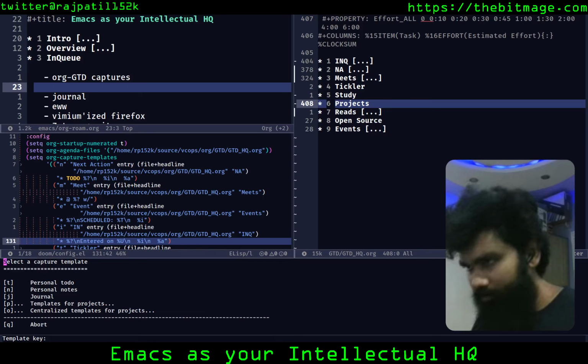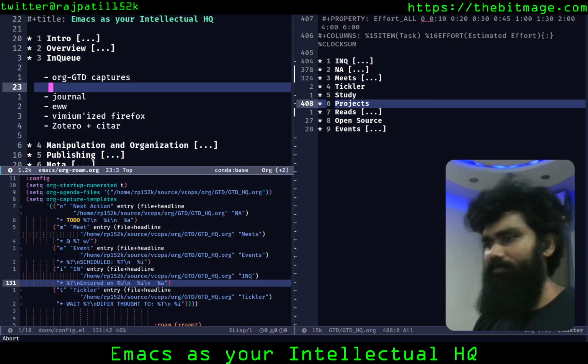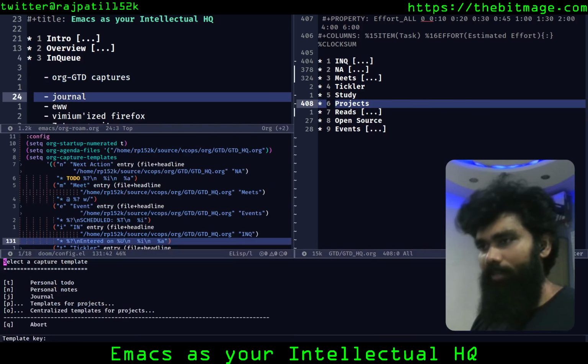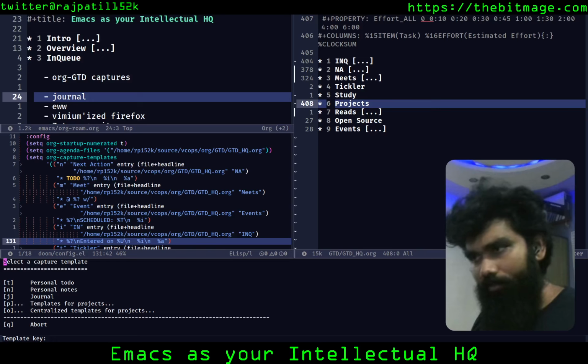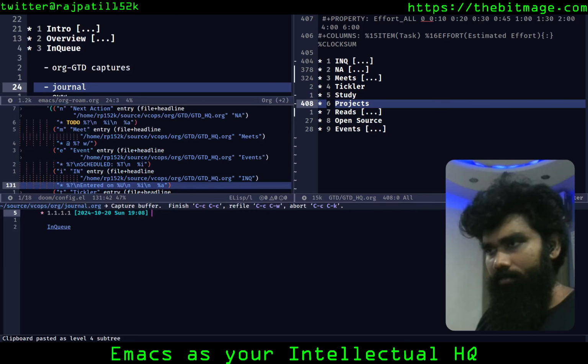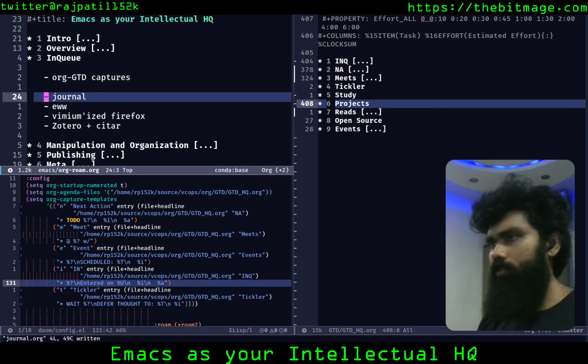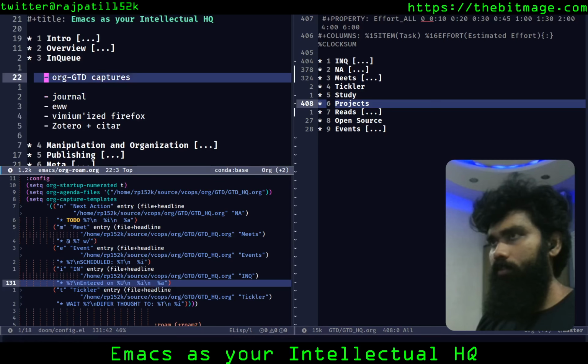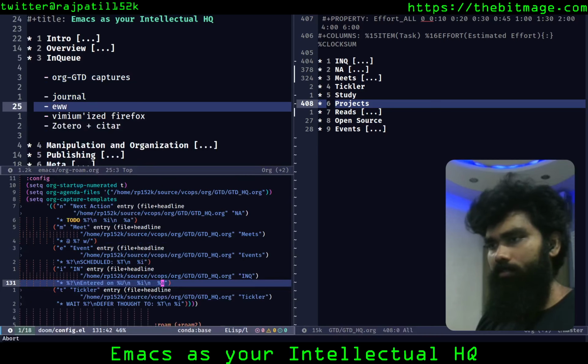Okay, hold on. This looks like a new one. Anyway, I had space NN. There's a template for projects, centralized templates for projects, personal to-do, personal notes. Journal.